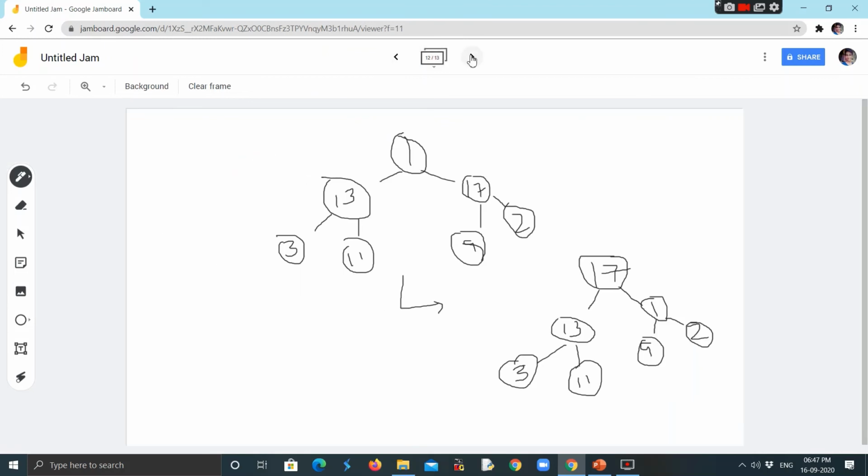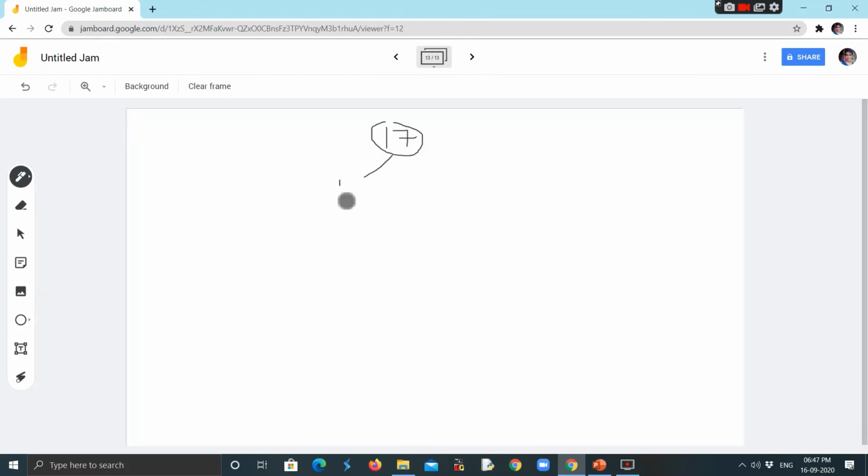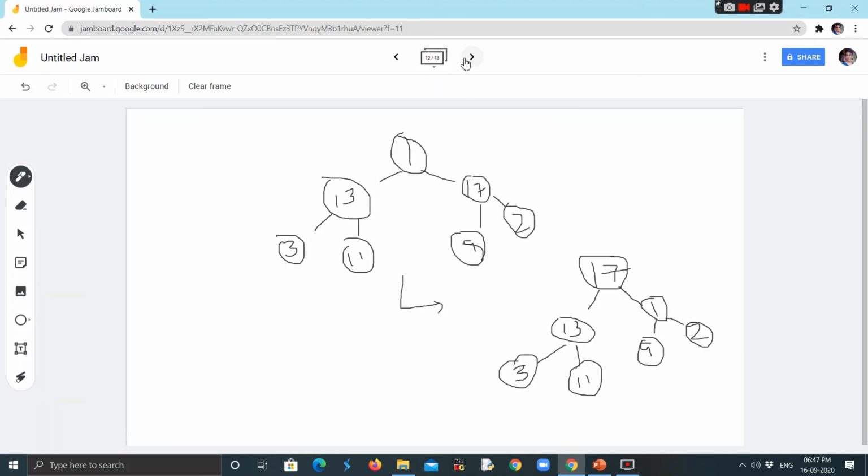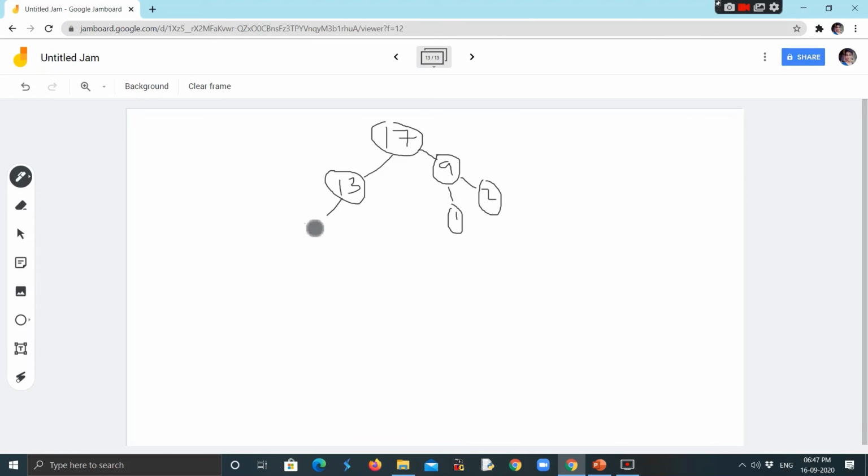So we have over here 17, 13, 9, 1, 2, and 3, 11. Now you can see that the parent node's value is greater than the child node's value.